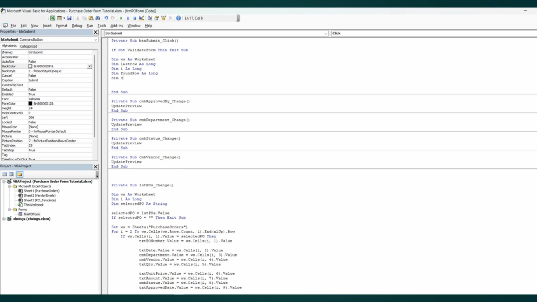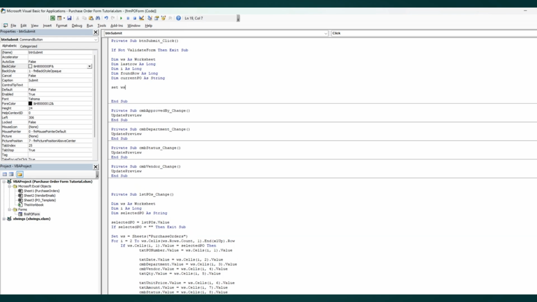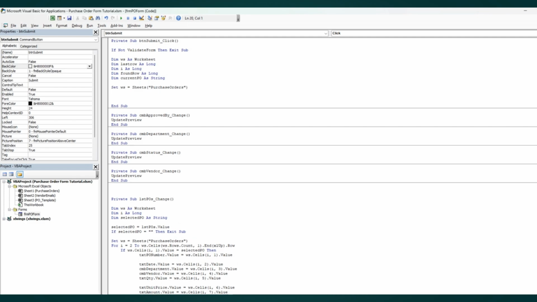And we're going to dim current PO as string. Then we're going to set ws equal sheets purchase orders. And we're going to set last row equal ws dot cells, ws dot rows dot count, comma 1 dot end xlUp dot row,